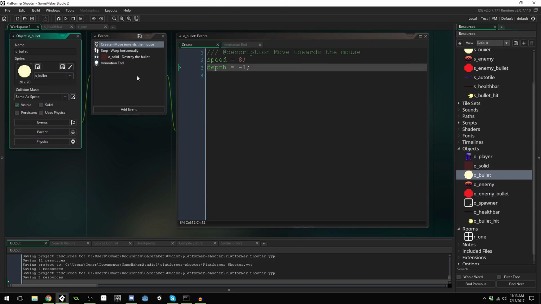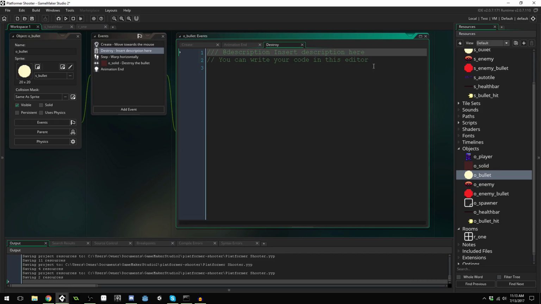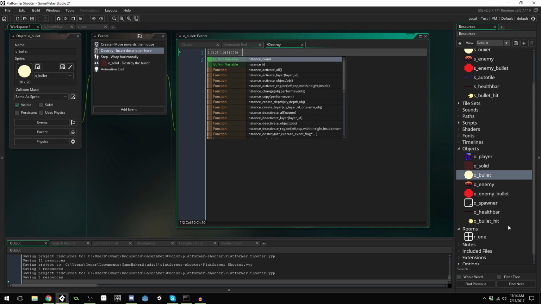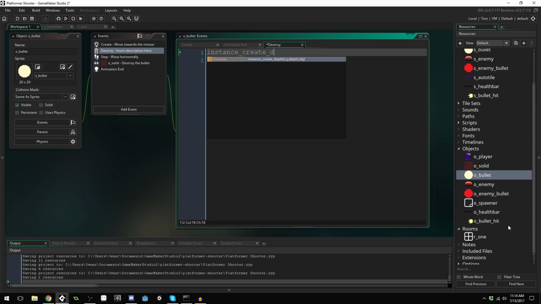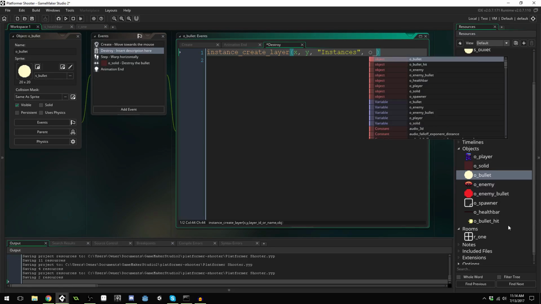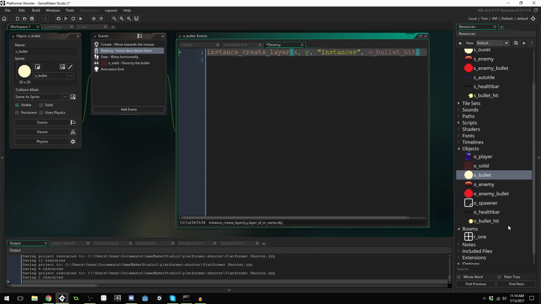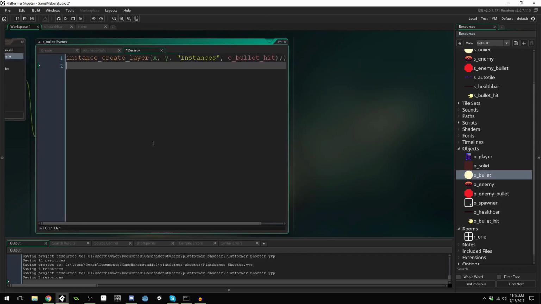Now in our bullet, we're going to add a destroy event. So when our bullet is destroyed, we're going to create the hit effect. So instance create depth or layer, x, y, "Instances" layer, and then object bullet hit. We don't have a lot of space here,